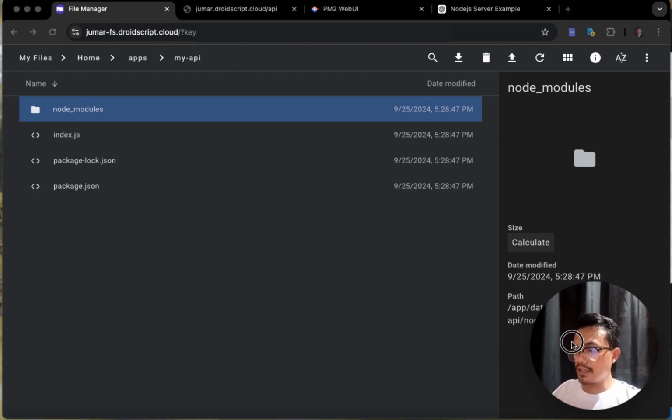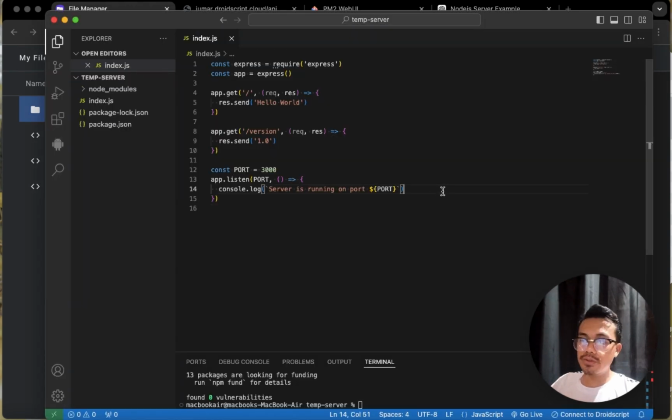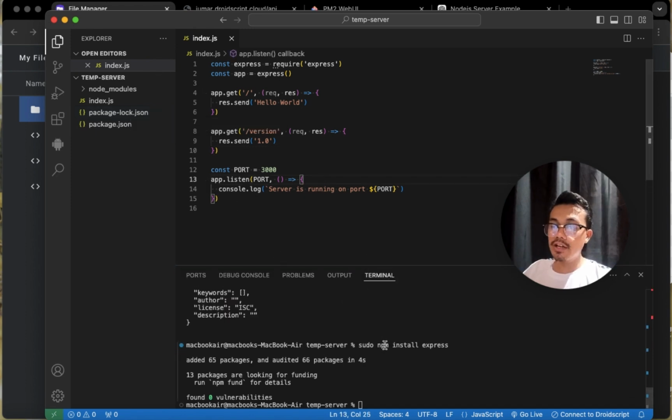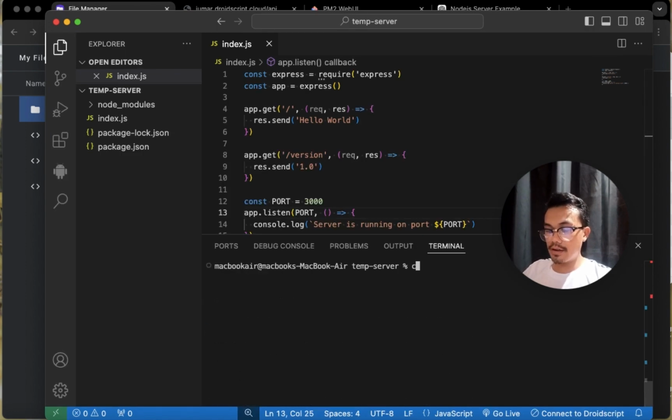Okay, the next thing is using the DS Cloud CLI, which I have shown in my previous video regarding editing a static website in DroidScript.Cloud. So we'll use that in order to upload this local project into the DroidScript file server without drag and dropping every time we have changes to our files. Okay, so let's initialize this project. Just run cloud init,